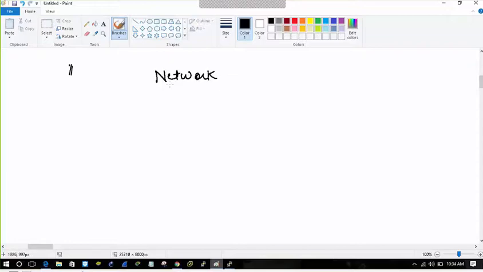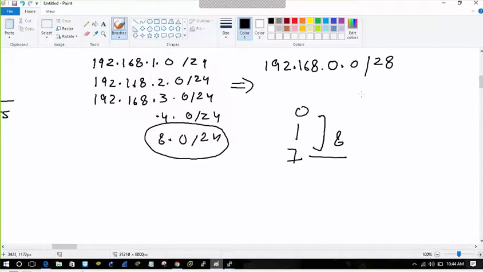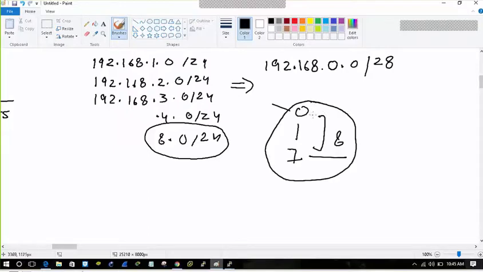When you give the network command, for example, I have given 192.168.0.0, and it will come into this. I think we have to take 16, because if you take 16, then only 240 is coming. 128 plus 64 is 192, then 32 is 224, and 16 is 240. Yeah, because the summarization will start from 0.0. The main thing is that they should come in. It comes into the block size of 8, from 0 to 7, that will be 8.